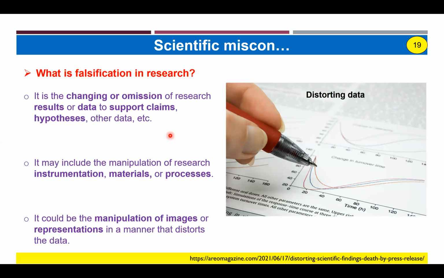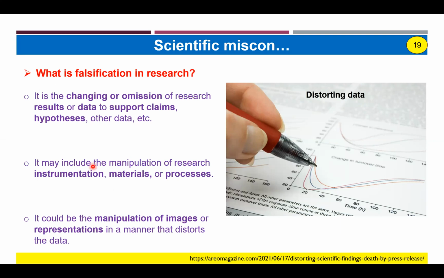What is falsification in research? It's basically changing or omitting a research result or data to support your claims and hypothesis. So you are changing, or doing some kind of omission, ignoring something. In other words, it is also called manipulation of research instrumentation, materials, or process. In order to claim your hypothesis or proposal, if the data is not coming according to the proposal you have given,